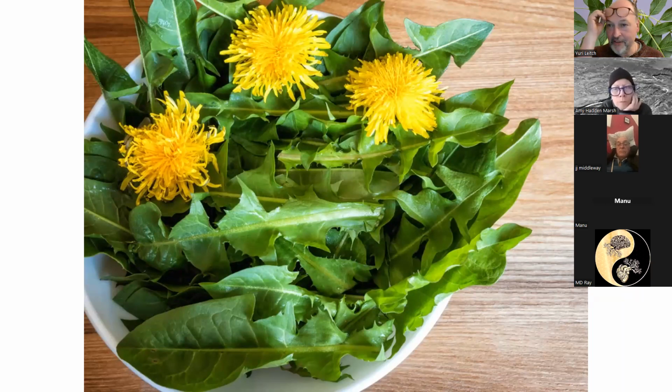And the name, I actually thought years ago that it was dandy, and I used to think of a lion with fancy clothing on, the dandy lion. But it actually comes from French. Like we say dentures for teeth, the French for teeth is dent, D-E-N-T. And it's dent de lion, which means teeth of the lion. So these look like lion's teeth, the spikes on the leaves. That's how it got its name, dandelion. It's an English corruption of dent de lion, teeth of the lion.